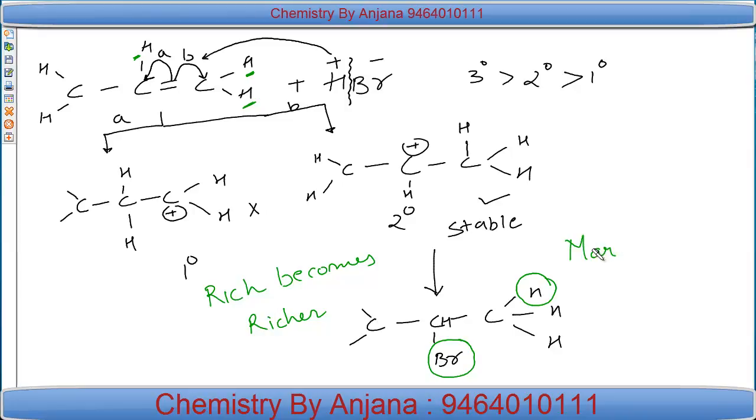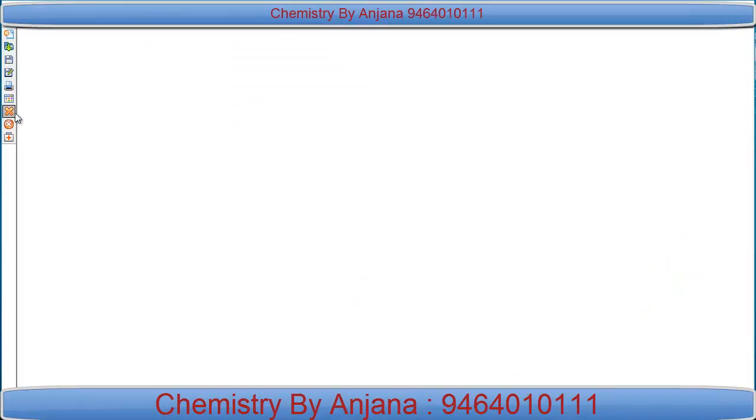is called Markovnikov's product. The product formed by following the rich becomes richer concept is called Markovnikov's product, and this is simply the case when we are reacting an alkene with an unsymmetrical reagent. तो unsymmetrical reagent की वजह से हमको यहाँ पर कुछ ऐसा देखने को मिला. So अगर हमने दो alkenes choose की, एक हम symmetrical alkene